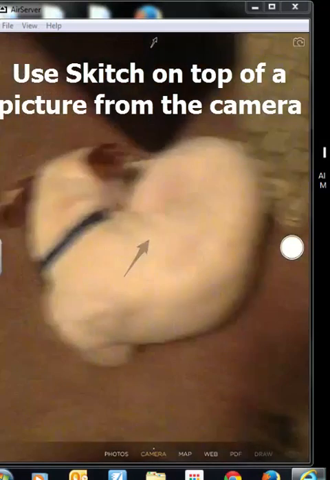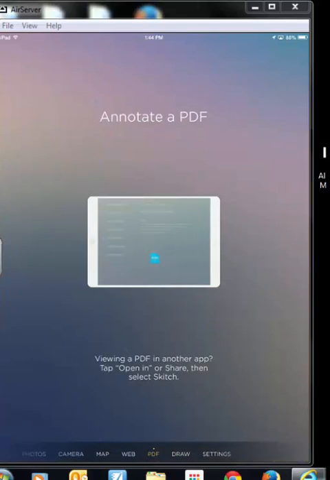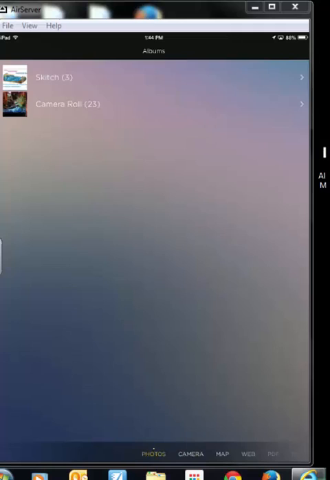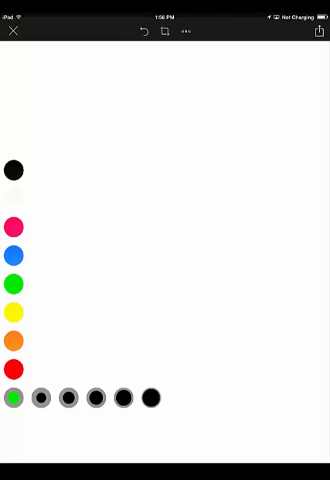You can use it to draw on top of a web page, on top of a picture from a camera, to write on a map, to annotate a PDF, which does cost money, to draw and write. I like to use it with pictures. This is an example. So when you're going to use it with pictures, the first thing you need to know